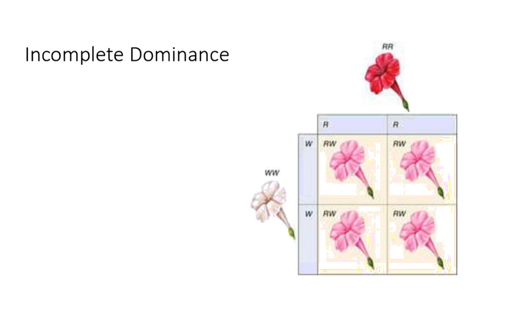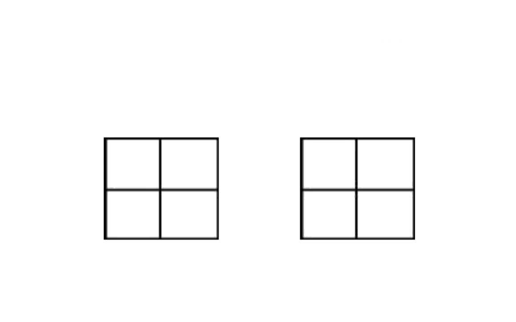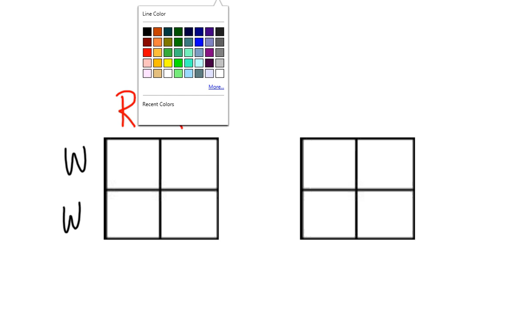And so look at this example here, where you have homozygous white flowers, which white is dominant, homozygous red flowers, red is dominant. When they mix together, neither one completely dominates the other, so you get pink. And so with incomplete dominance, neither allele expresses itself completely, resulting in an intermediate condition or a blending between the two. Again, flowers are a good example of this, or snapdragons in particular. And so, again, homozygous red, homozygous white, both dominant. What do you end up with? Well, you end up with